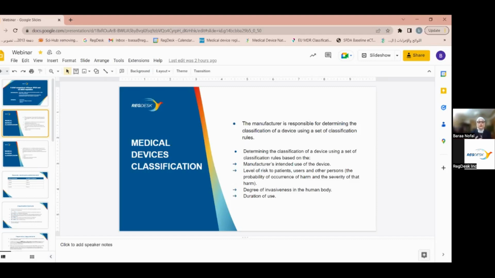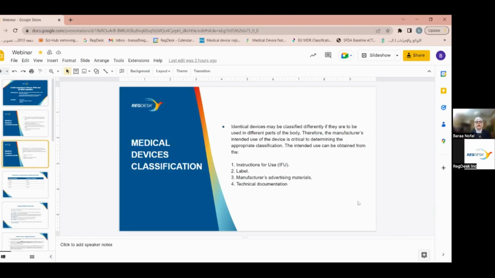Even in the EU or Saudi FDA, they describe the rules the same. There are 22 rules based on whether the medical device is invasive, non-invasive, or an active device. And from rule 14 to 22, there are special rules specific to classifying your device. And there's a note from Saudi FDA: I take it that identical devices may sometimes be classified differently